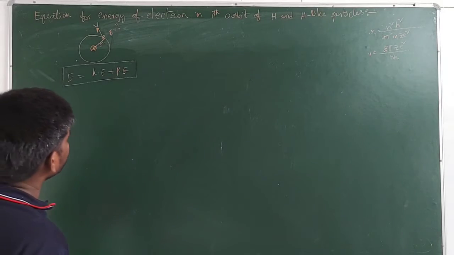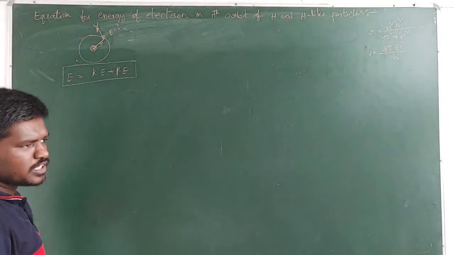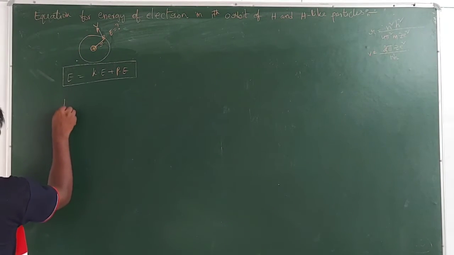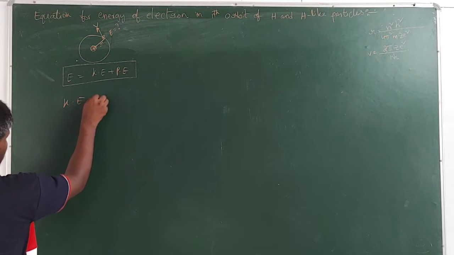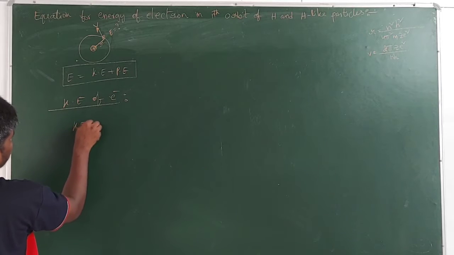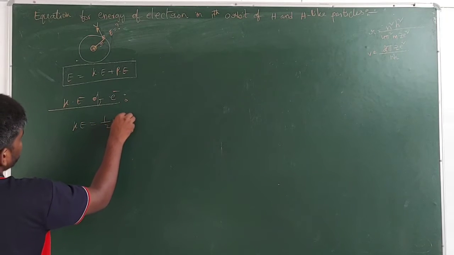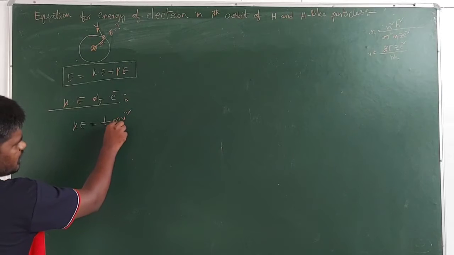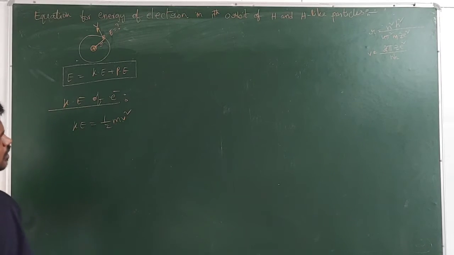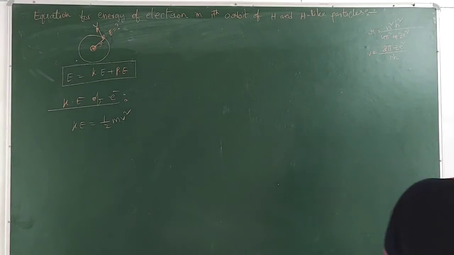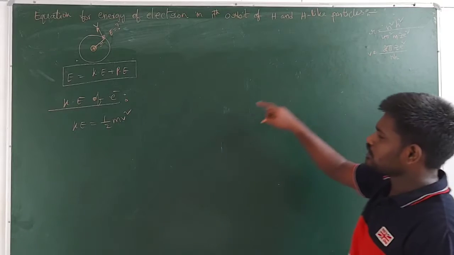After that, by substituting them in this equation we can get the total energy of the electron present in an atom. So first let us see the kinetic energy of electron. So now we know guys, kinetic energy equation that is half mv square. Kinetic energy is equal to half mv square. In this equation m means mass of the electron and v means velocity of the electron. So now we need to substitute the velocity of electron. This value we have to substitute in this equation.